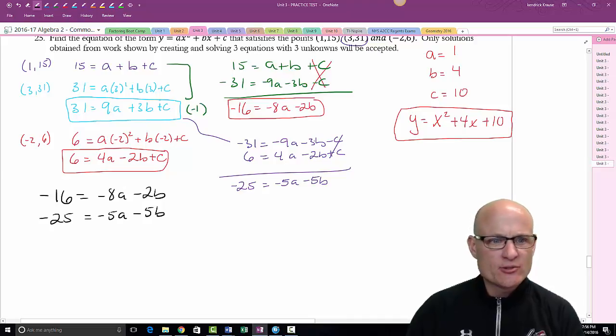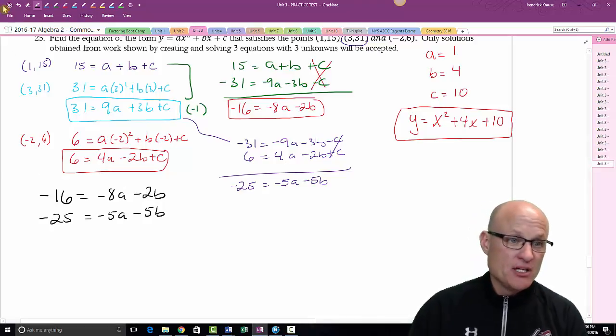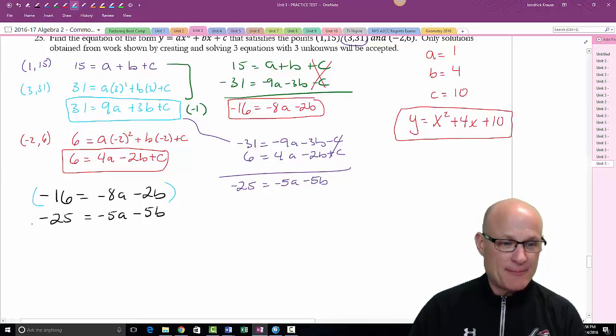To be or not to be. Well, that's the question. Okay. Well, I've got to get a pair of opposites. So what I'm going to do is multiply this top one by 5 and this bottom one by negative 2, because this will give me negative 10 and this will give me positive 10. So I get negative 16, times 5, so negative 80, that's already scaring me,